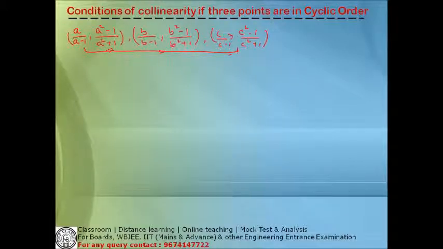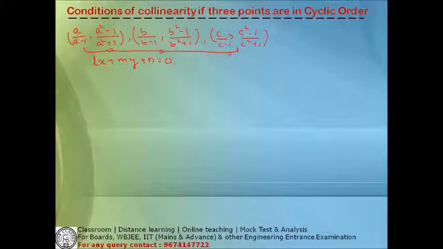Okay. Now we can apply the previous method, that is finding out the area and equating it to 0. So you can understand the huge calculation that is involved in it. So we don't follow that. What we do here is we can think in a different way. We can say that since these 3 points are collinear, these 3 points lie on a straight line. So let us assume that the straight line is, say, Lx plus my plus n equals to 0.